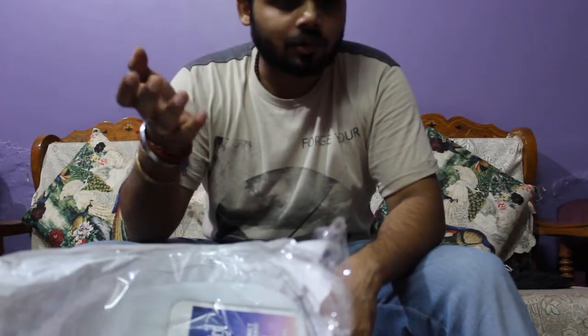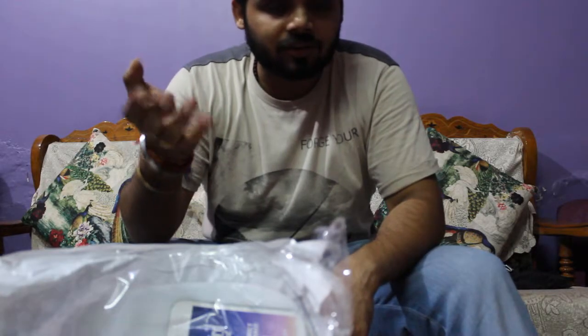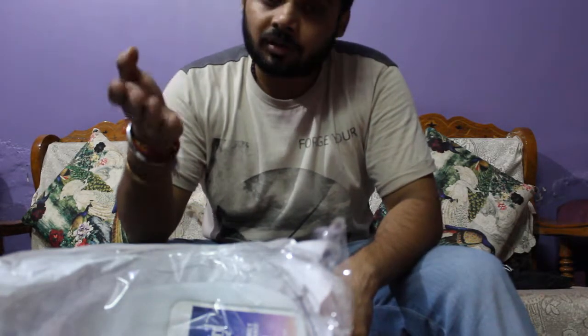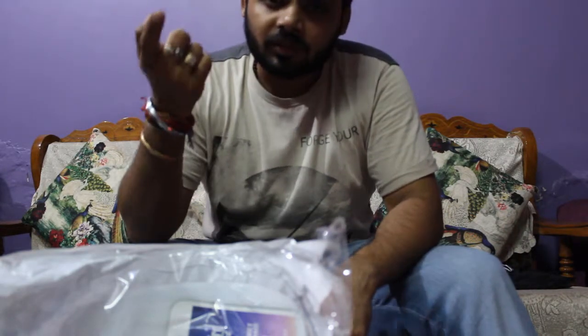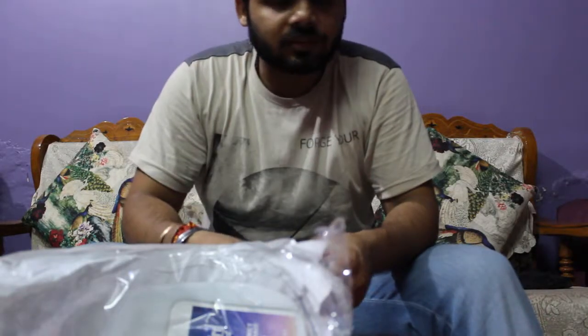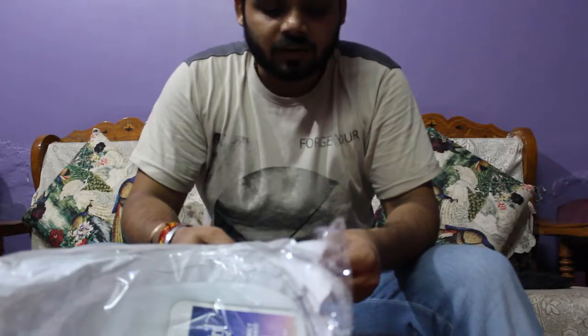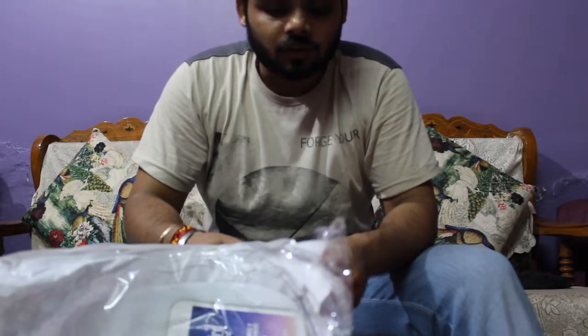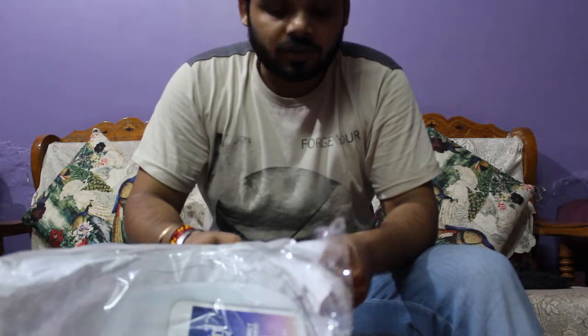The prices are nominal, but I'm very sure if you go to Chopra Automobiles in Karol Bagh and meet Gaurav, he will definitely give you some discount. Yeah, their prices are very nominal. It's not like you will find a higher price than somewhere else. So